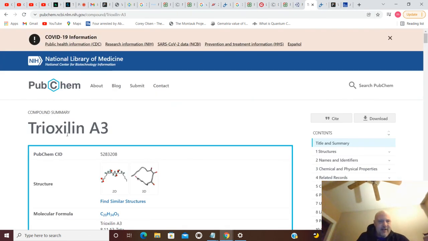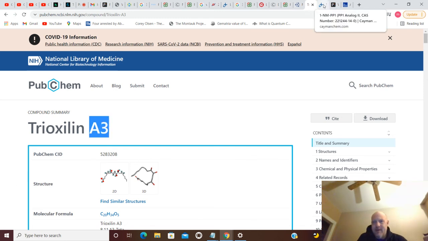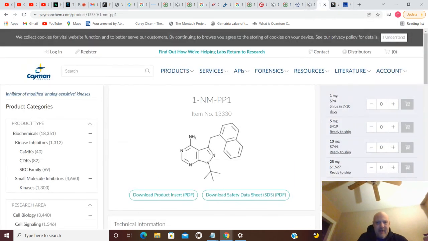How about trioxylene A3 on PubChem? So here's another chemical on PubChem. And finally, 1NM. You have 1NM PP1. And this is on Cayman Chemicals. Here's a little picture of it.